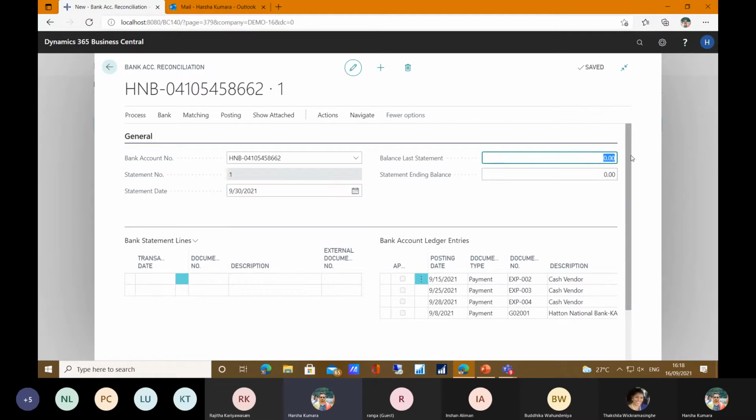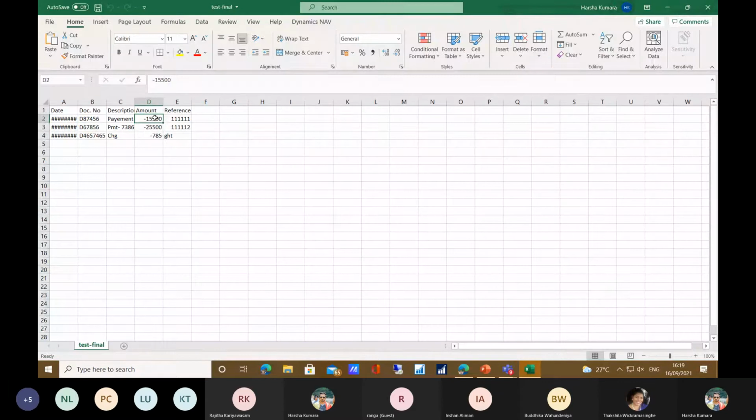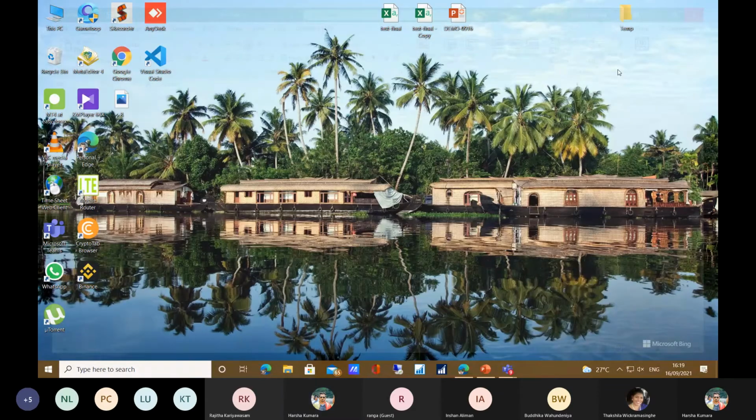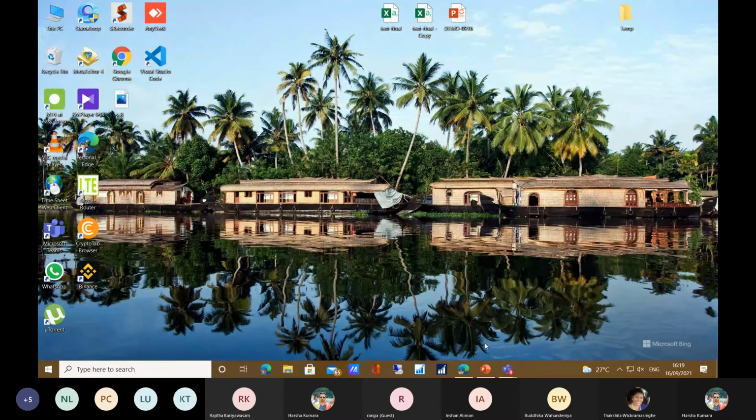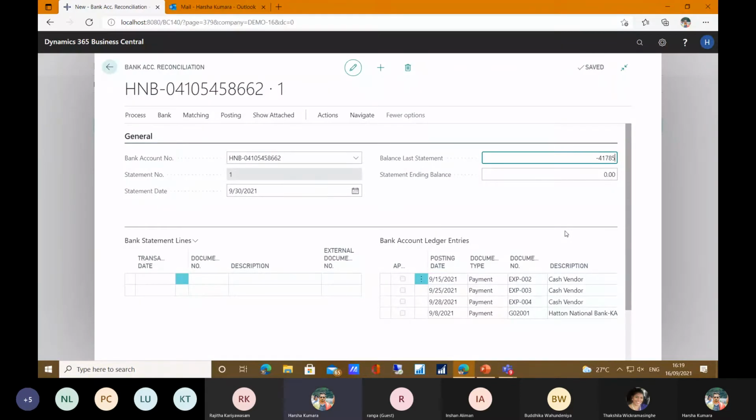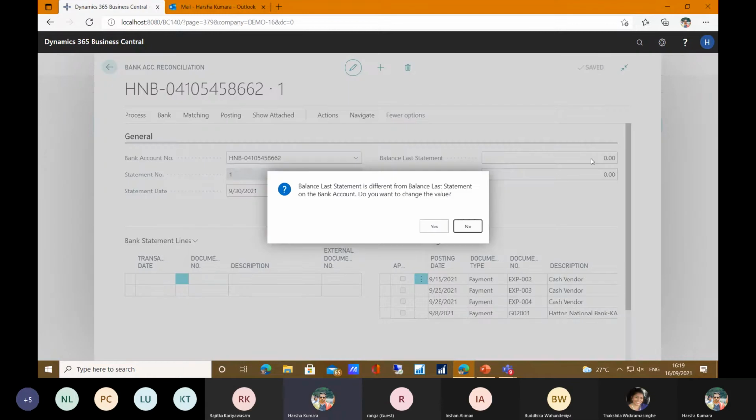I assume my bank started this month, so my last statement balance is 0, and the statement ending balance can be the total of this, 41,785. It should come to here.